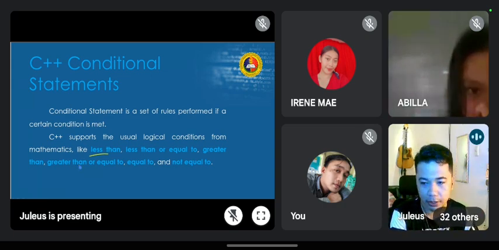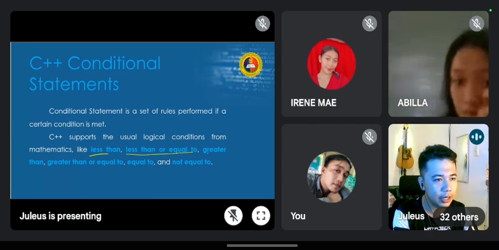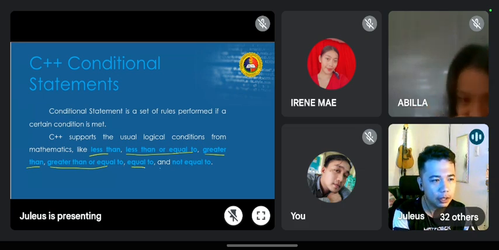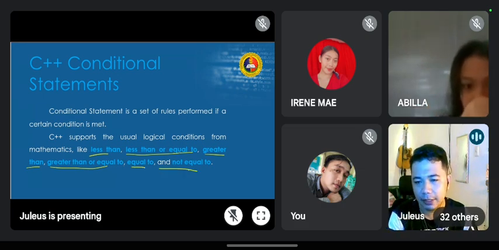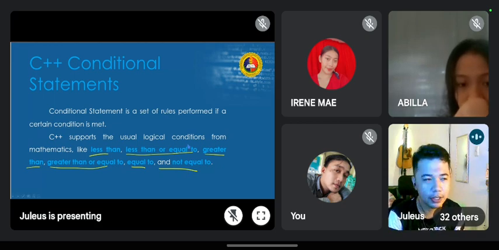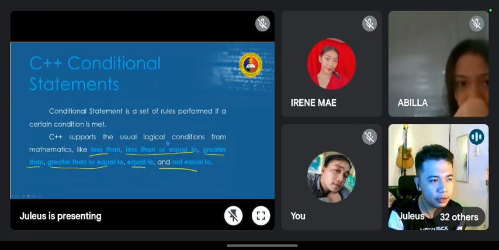We'll be using logical conditions from mathematics like less than or equal to, greater than or equal to, and not equal to.